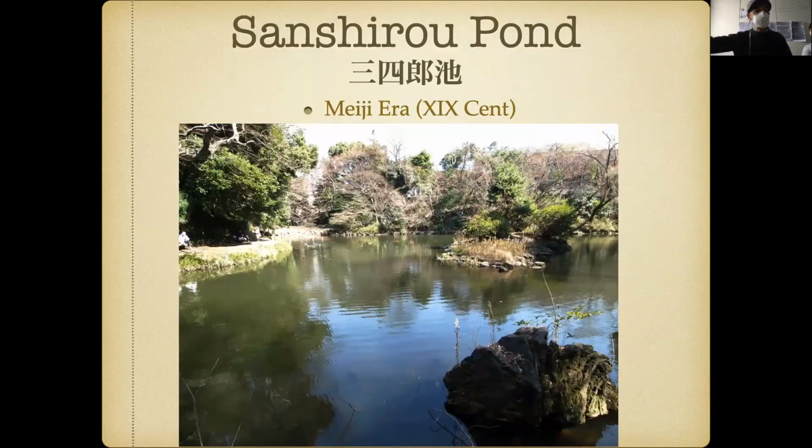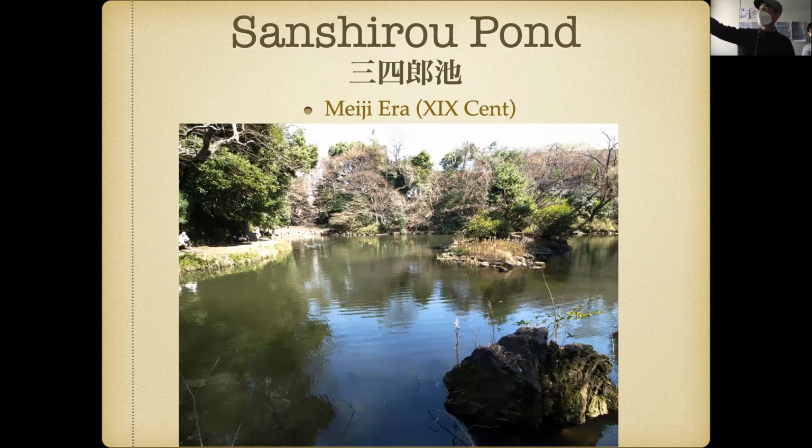Second is the central pond we commented before. Sanshiro is the protagonist of one famous novel of the Meiji period. So this pond actually is the pond with the heart shape. So it has kind of symbolism in the old house. But that book was so famous that everybody knows it as the Pond of Sanshiro, and people go there just to revive the scenes of that famous novel. Right?